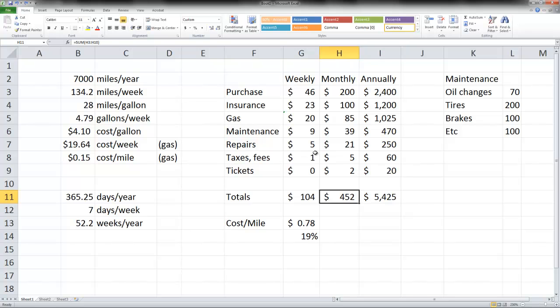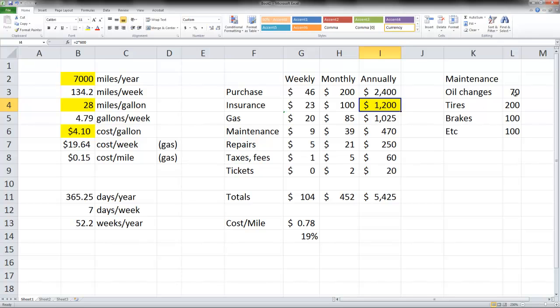You can take this and then copy it and apply your very own numbers. But most of the numbers that you'll run into that you'll need to change might be your miles per year, the mileage of your car, how much the cost of gas is, of course your insurance, and this is close to what I pay,